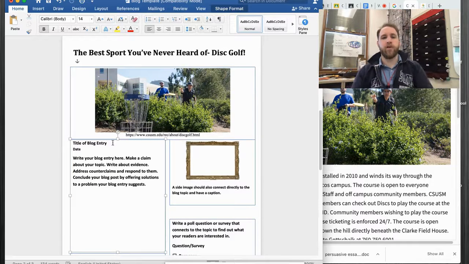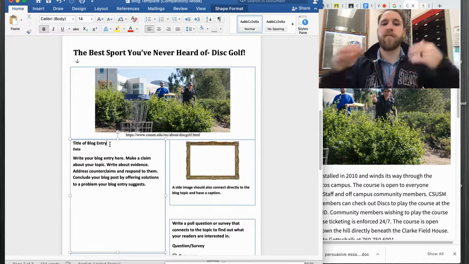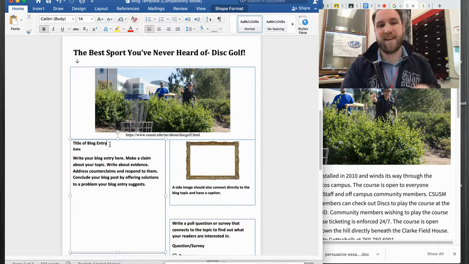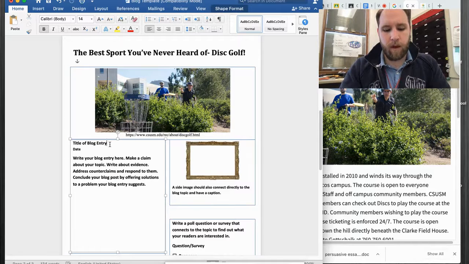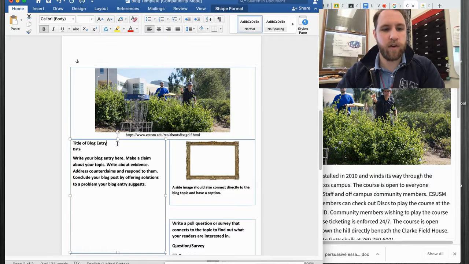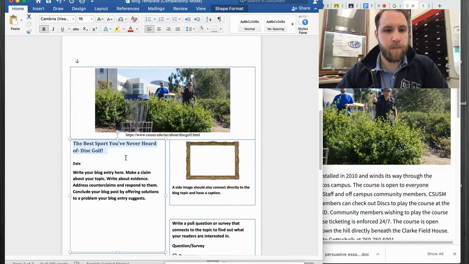So title of blog entry. This is different than the blog itself because the blog would be, in theory, a continuously running list of posts. Okay. So maybe this is actually better as a first article title. So I'm going to change it. I like this better as an article title. And let's shrink that down. All right, and then I'll change my